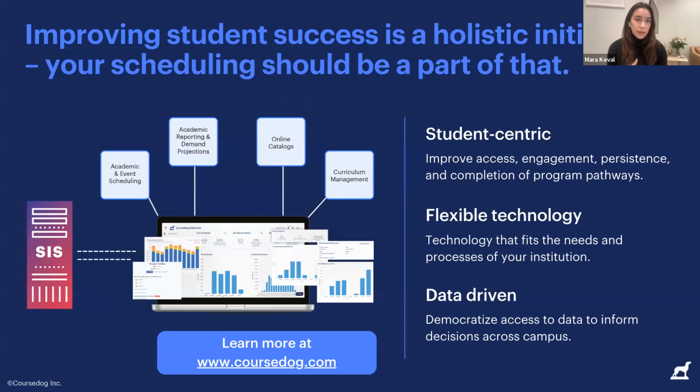And then I shared this at the beginning, but in addition to being the product manager for scheduling, I'm also the product manager for our academic operations analytics platform. This is one of our newer solutions, and I'm extremely excited about it and passionate about it because I do think it really gets to the heart of our mission, which is to remove barriers to success for students.